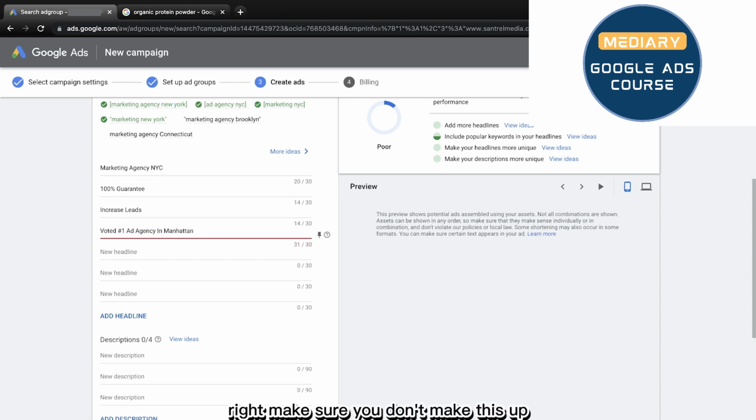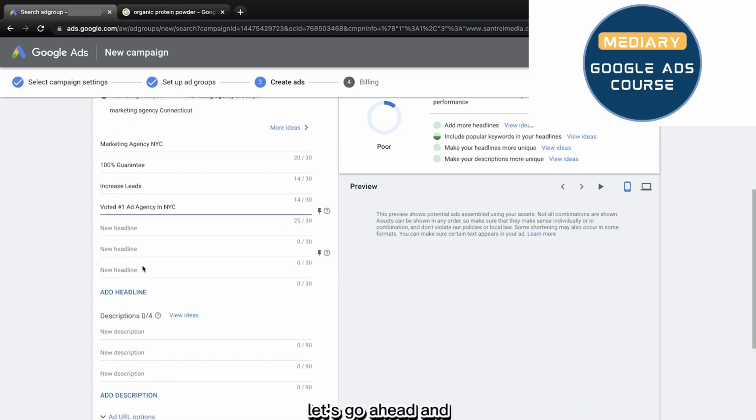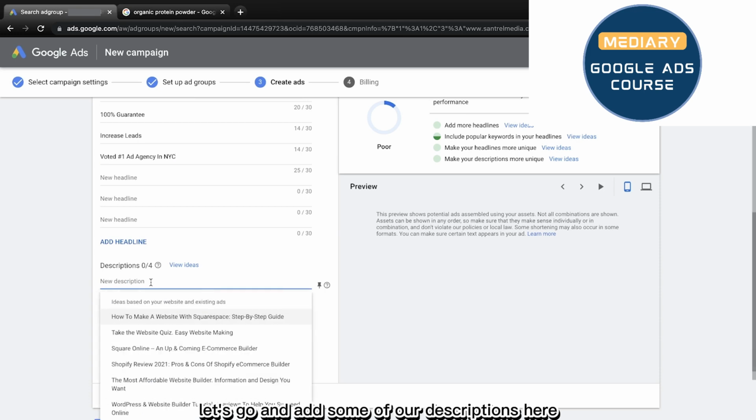Right, make sure you don't make this up. This one goes over our 30-character limit. So we're going to have to actually just type in maybe NYC, not NYU, NYC. And we can just stick with 4 headlines for now. Let's go and add some of our descriptions here.